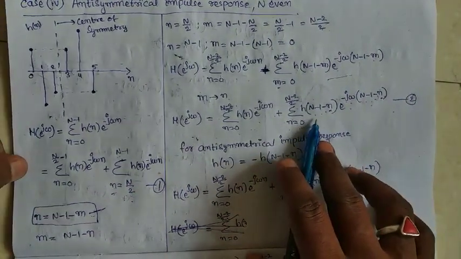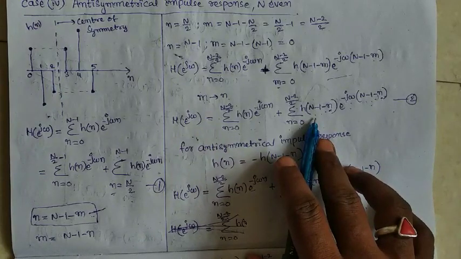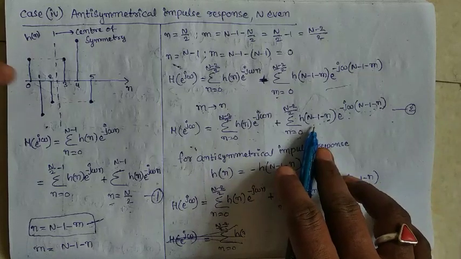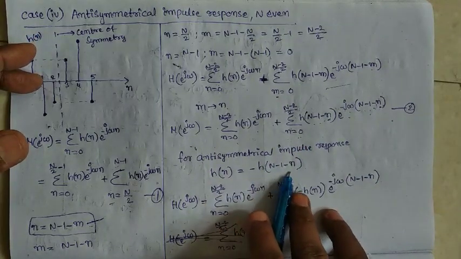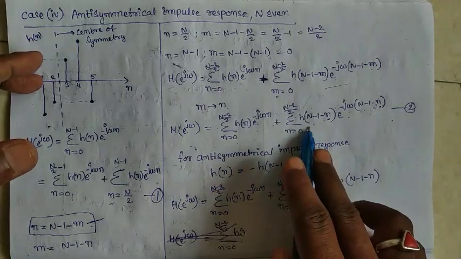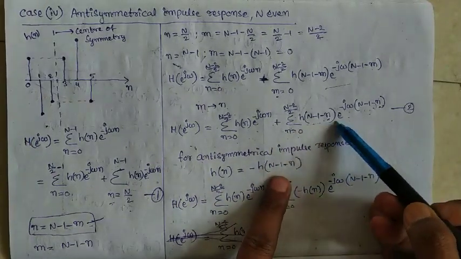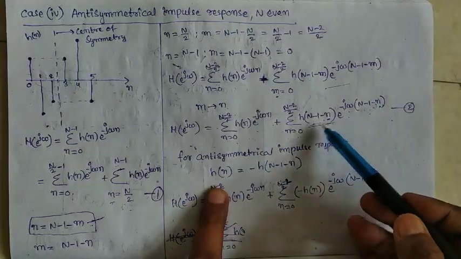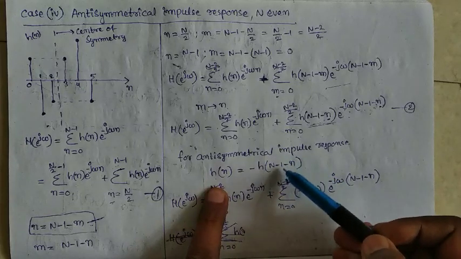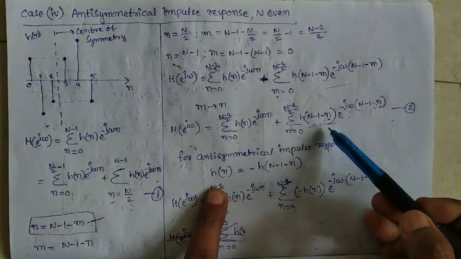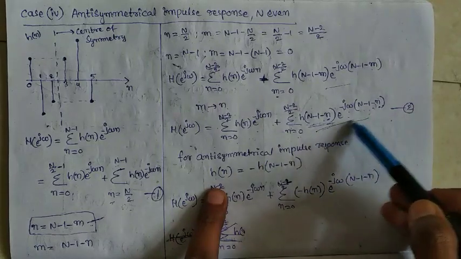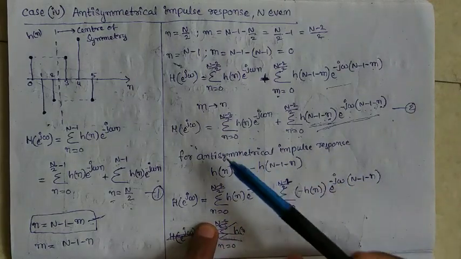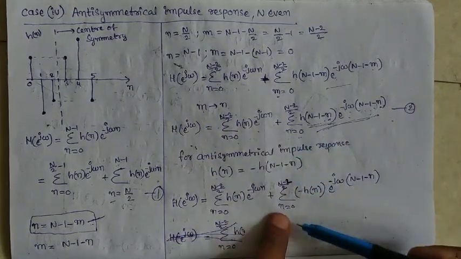For anti-symmetrical impulse response, what is the condition for linear phase FIR filters? H of n is equal to minus h of (N minus 1 minus n). From this we determine h of (N minus 1 minus n) is equal to minus h of n. We substitute this in the above summation. Here h of e power j omega is equal to the first term, which is the same, plus